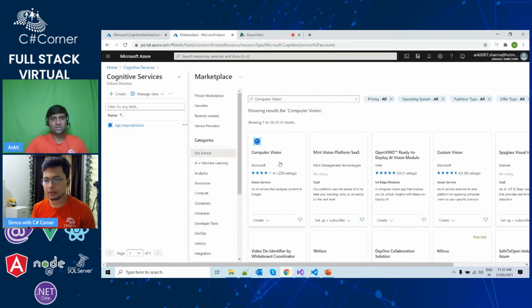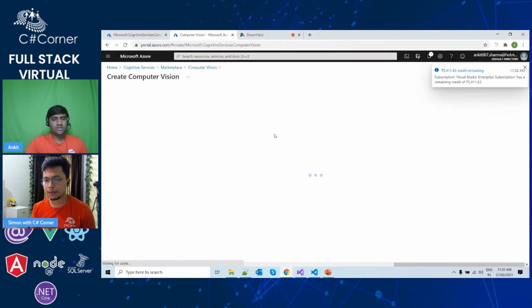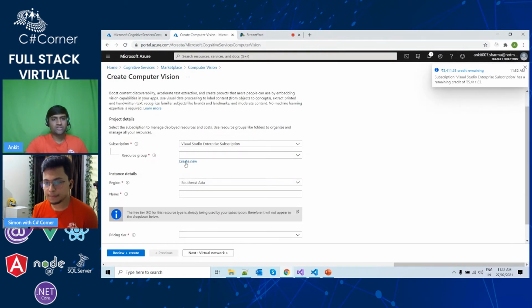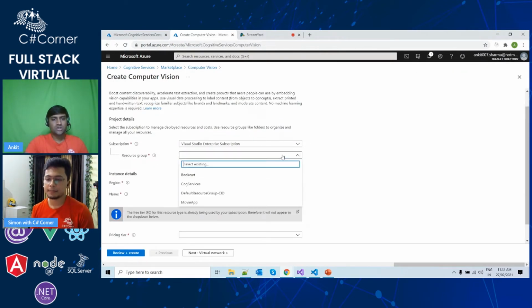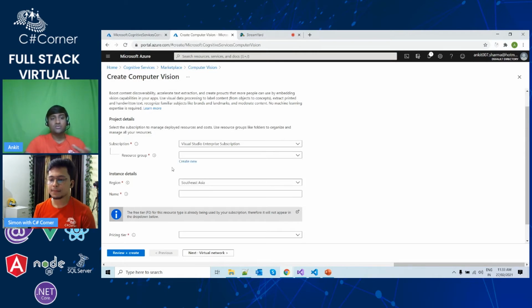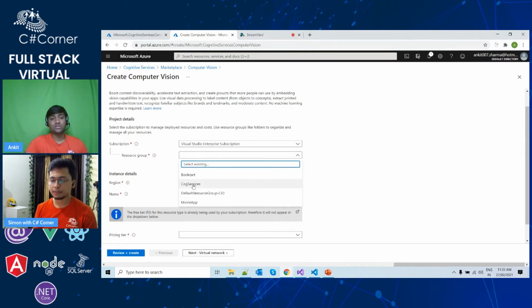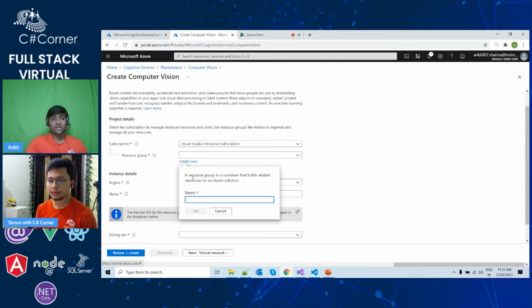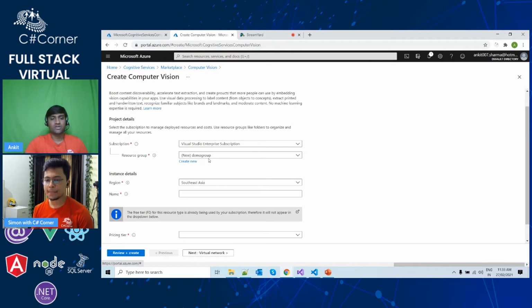Click here and click on create. Now if you have to create a resource group, there is a create new button over here. So there are these resource groups I have already created with my other services. If you look at this, there is a book card application which I am working on. There is a new application, movie application I am working on. So I have created application wise. And this cognitive service resource I created yesterday only for this particular demo. If you want, click on create new and give any name. Let's say I give demo group and click on OK, and that's it. Demo group is created.